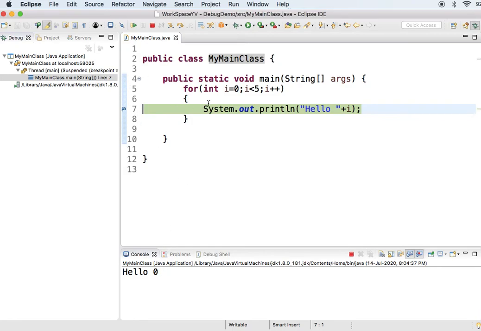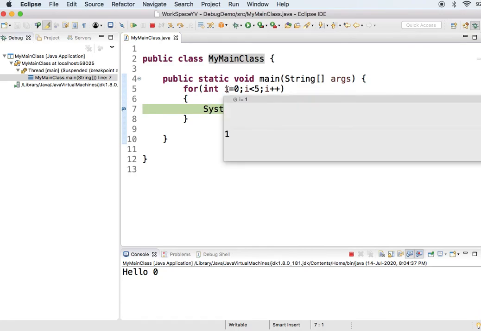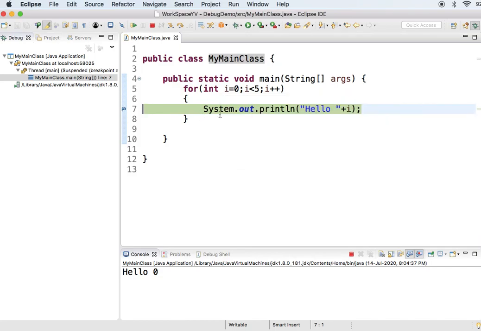So here you can see now the value of I, I hover the mouse over this I variable and I am getting the value of I is 1. So like that you can keep on clicking on it.